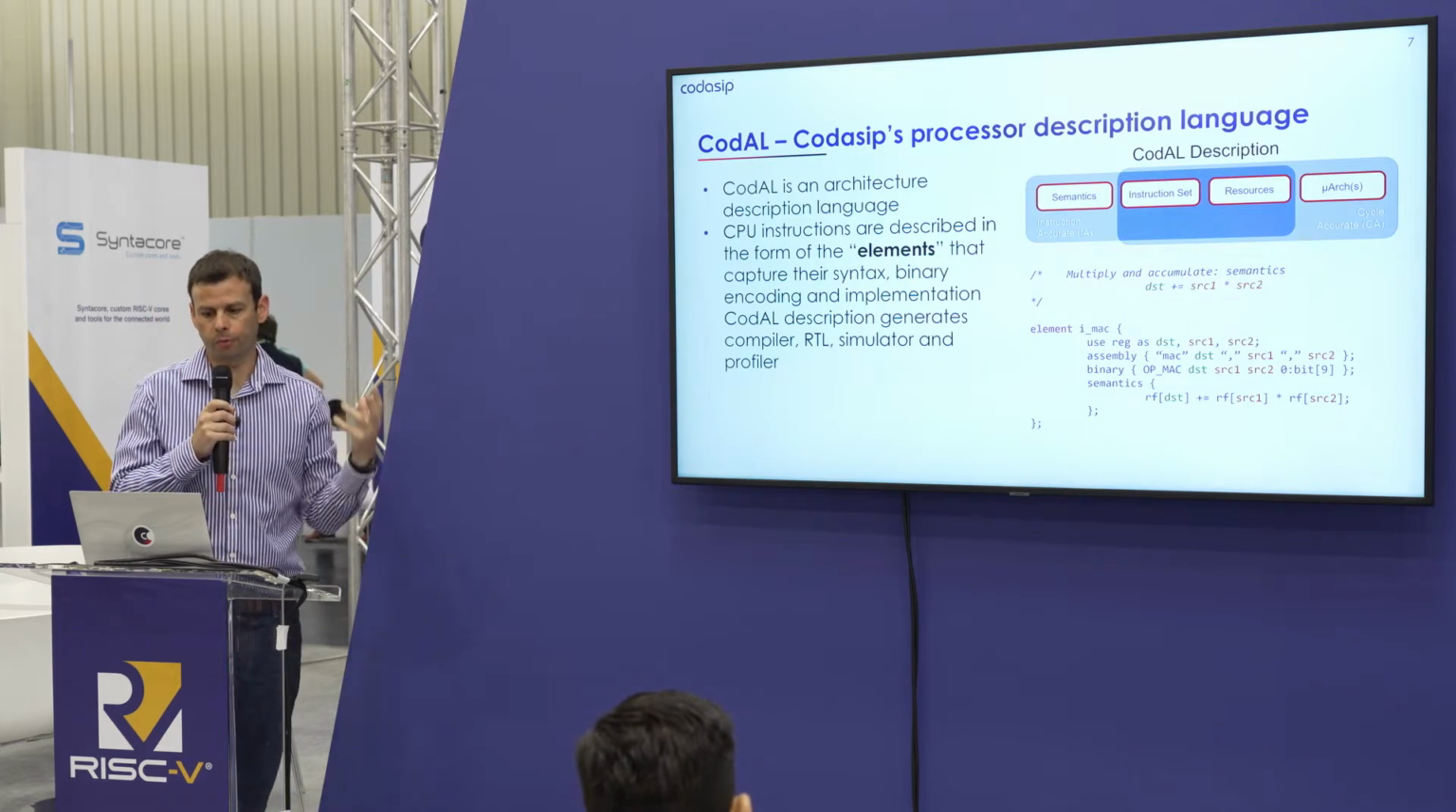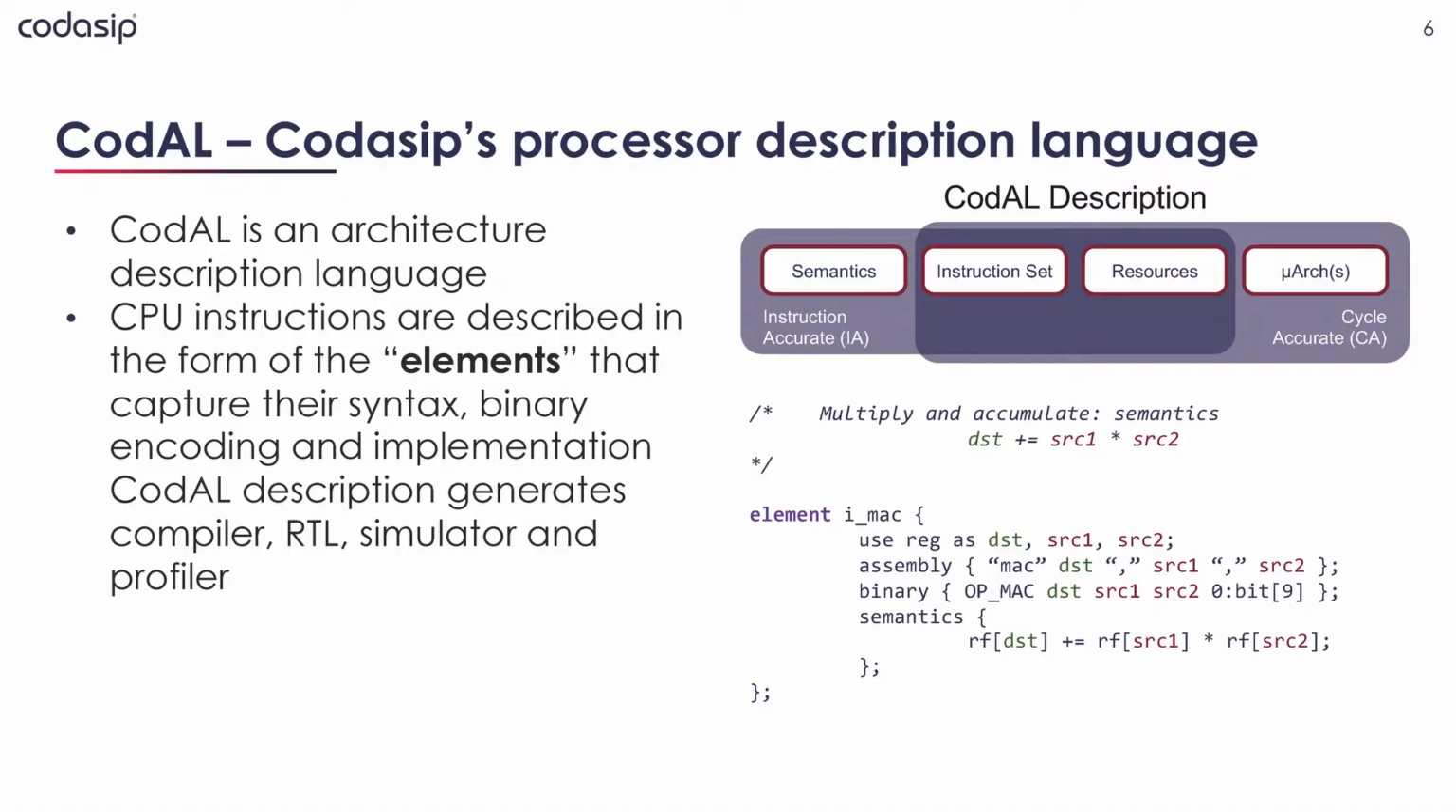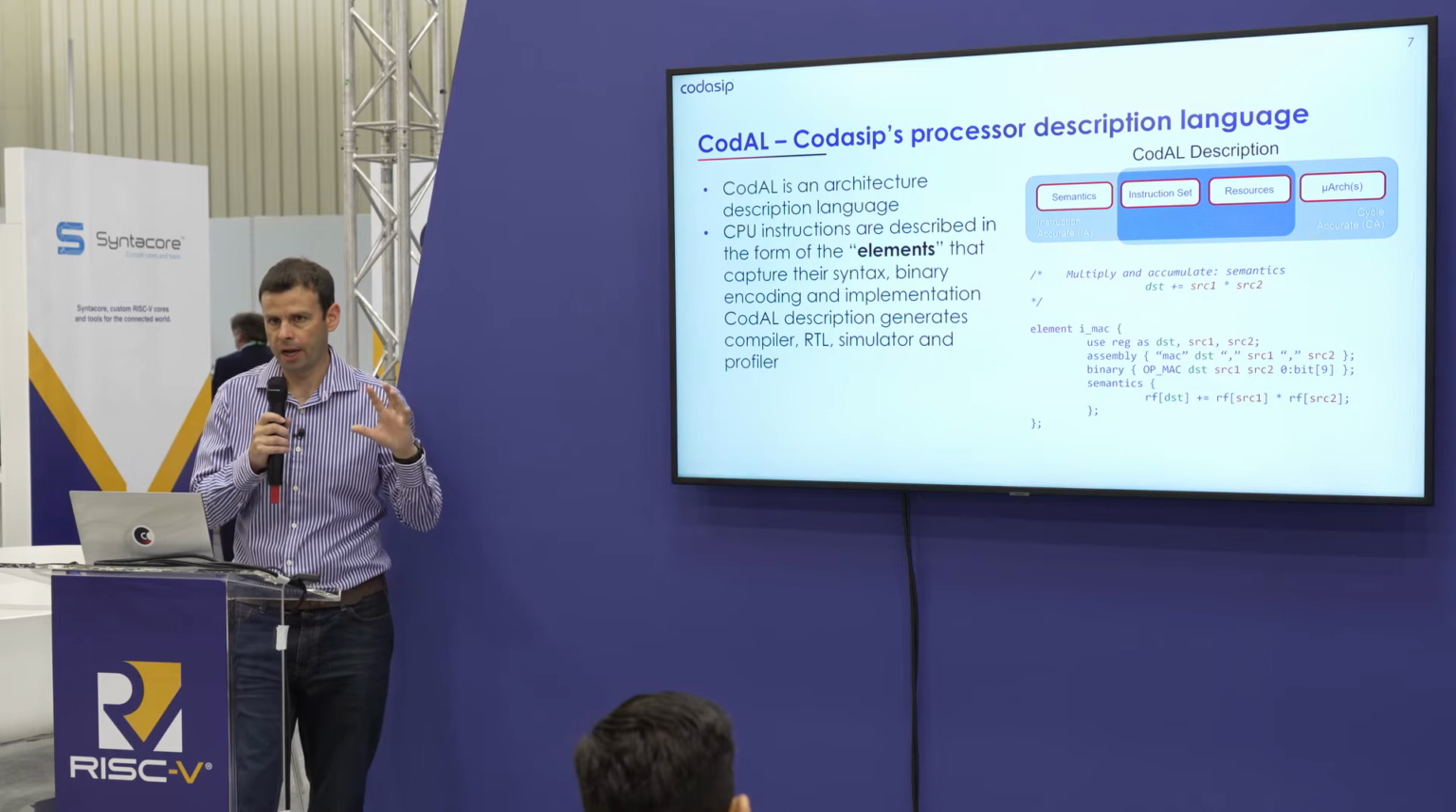So Codasip's unique proposition is our Codal processor description language. It's an architecture description language and not a generic HDL, so you can very quickly describe all of the elements you use to build processors. The focus is on increasing efficiency around things like instruction decoders, architectural elements like register files, and we have two